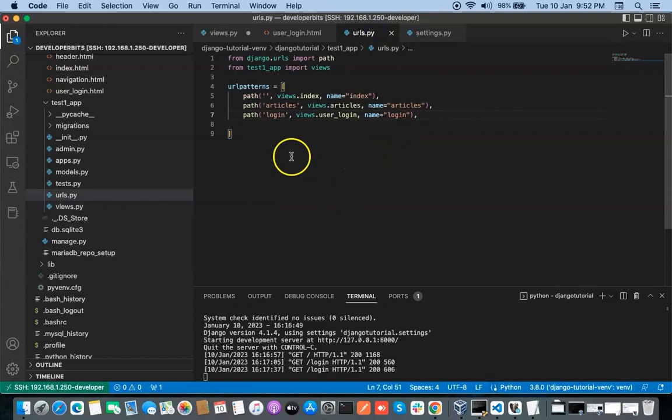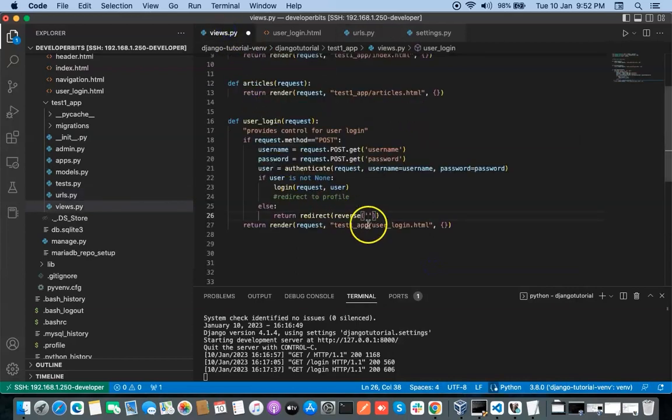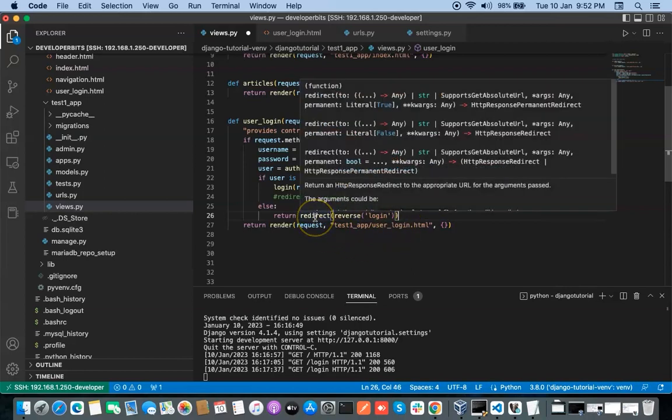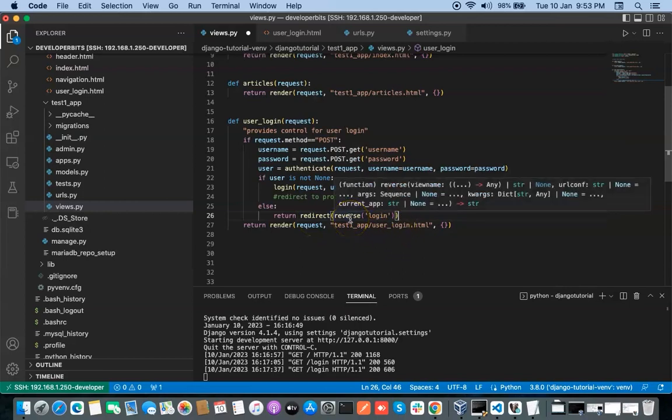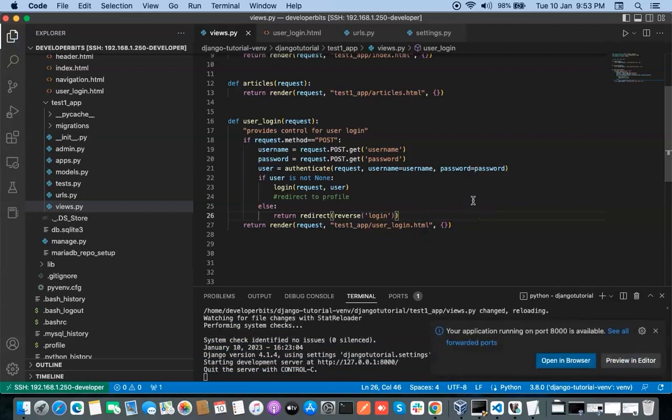So we will redirect to login. Our name of the URL is login. This is just the name of the URL. Just put the name in here. So the reverse function will automatically generate the correct URL, and redirect will redirect to that URL generated by the reverse function. So I think it is okay now,